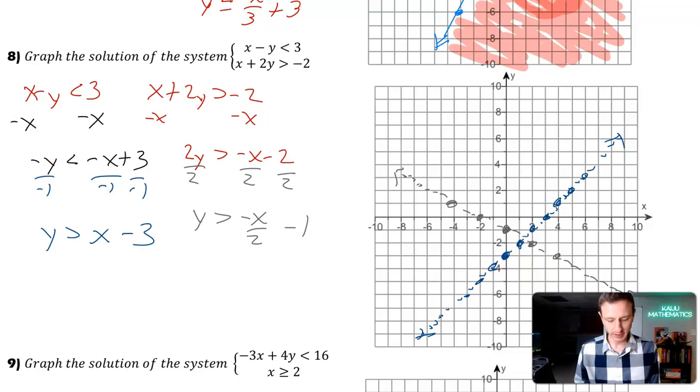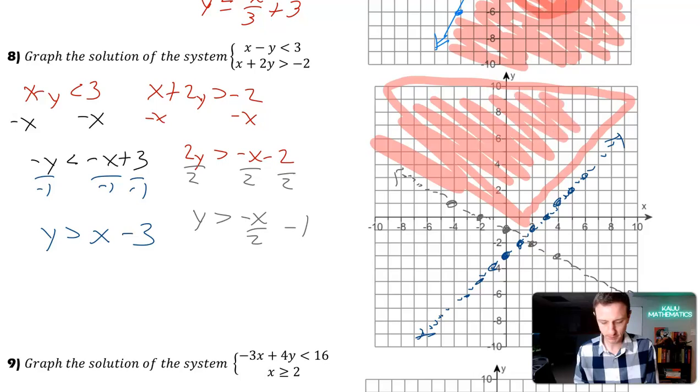And then for my gray line here, y is greater than negative x over 2 minus 1. So that would be all of these values above that line. So greater than will be above. So it would be above the blue, above the gray. So that would make our solution region right in this part right here. That's where everything would be true, because I'm above the gray line, I'm above the blue line, so it would